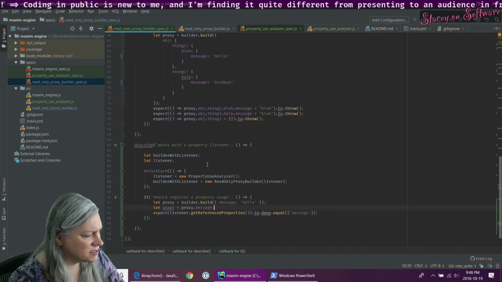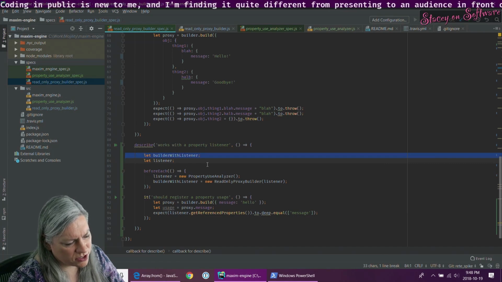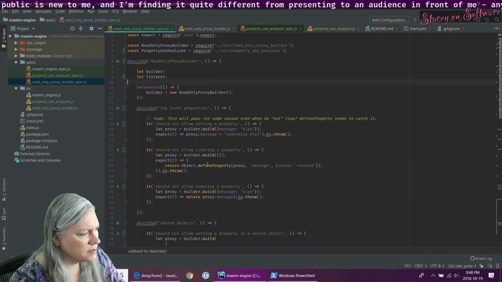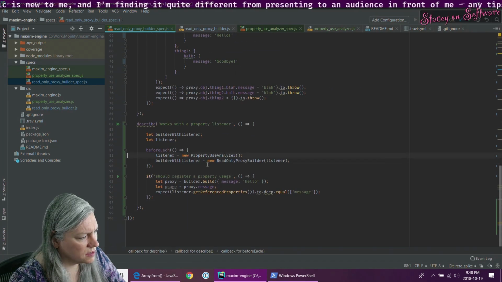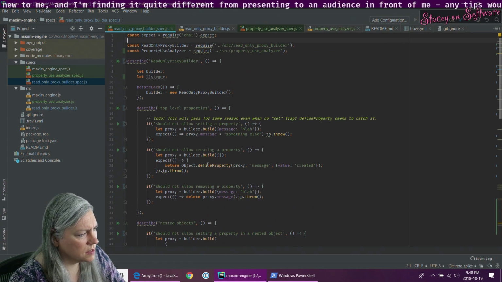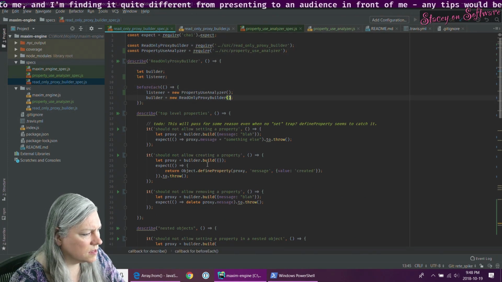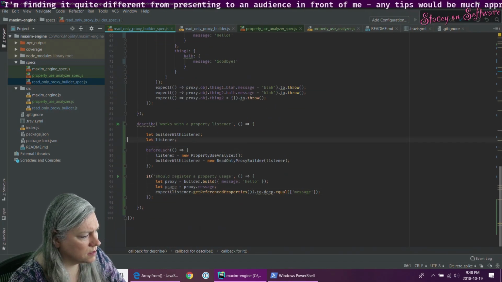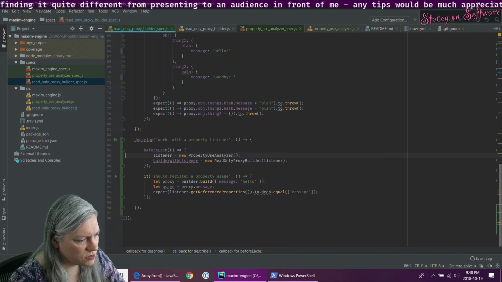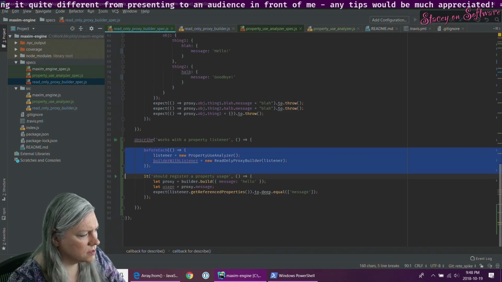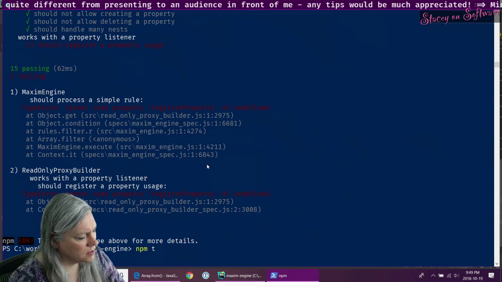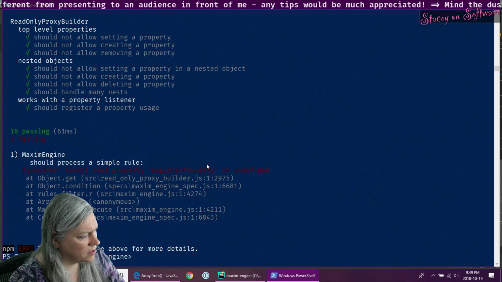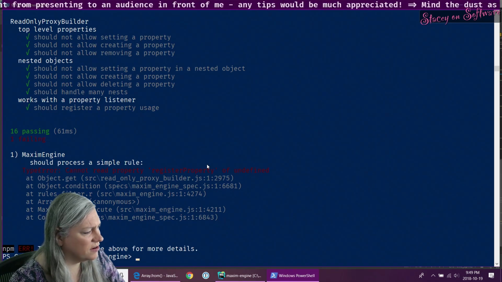So that means that I probably should always be building the builder with a listener. Just use those. Can't read property register property of undefined.